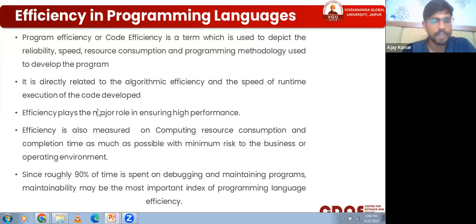Efficiency plays a major role in ensuring high performance. I already defined high performance as efficiency, the output oriented approach. The best way to get that approach is called ensuring efficiency. Efficiency is also measured on computing resource consumption and completion time, with minimum risk to the business or operating environment.